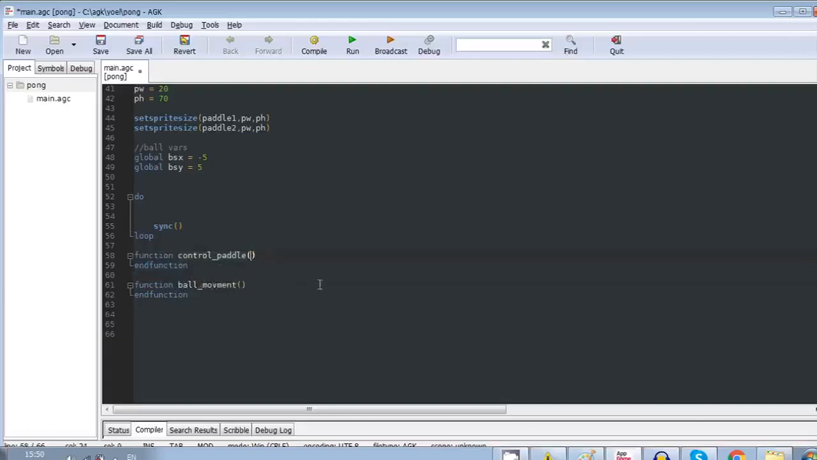Control pedal will get two arguments. One is the sprite ID, and the other one is: is it player controlled? Is P, is player. If it's player, control the pedal using the mouse. If it's not player, make it home on the ball automatically. You know, that's what the computer player does. So if